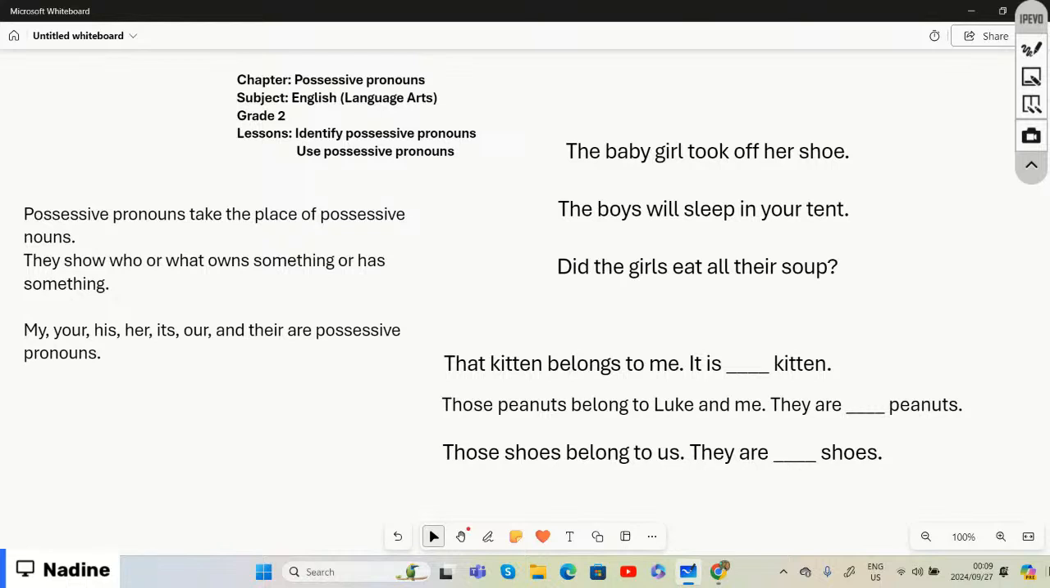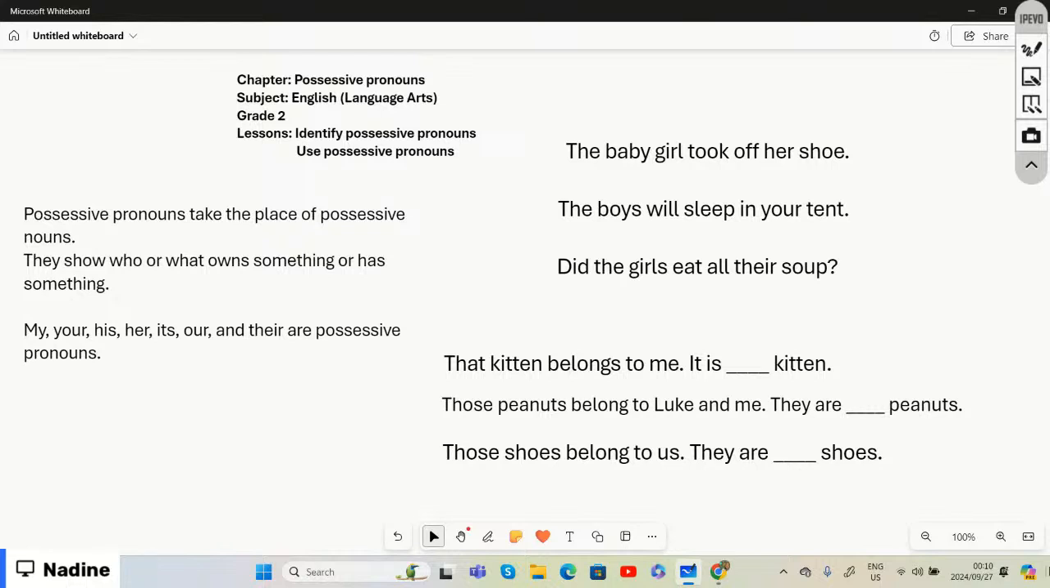So we basically need to show who has something, or we need to show who owns something. And that is what possessive nouns mean. Whether it is a possessive pronoun or just a possessive noun, it needs to show who has something or who owns something. All right. And if we look at an example, right,